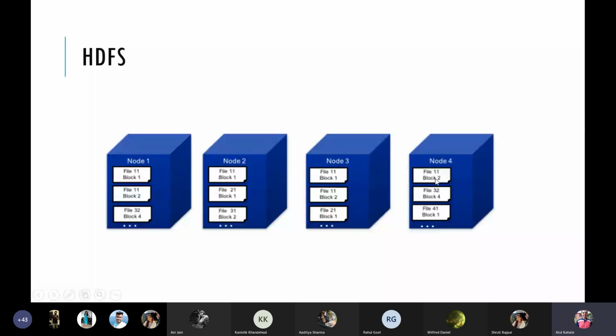Like this, for every block there'll be one main copy and maybe two backups in this particular diagram. So using such a mechanism of backups, and distributing the backups across different nodes, different slaves, HDFS ensures business continuity in case there is a failure.